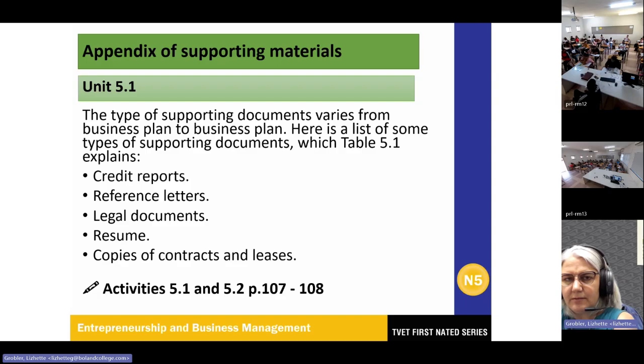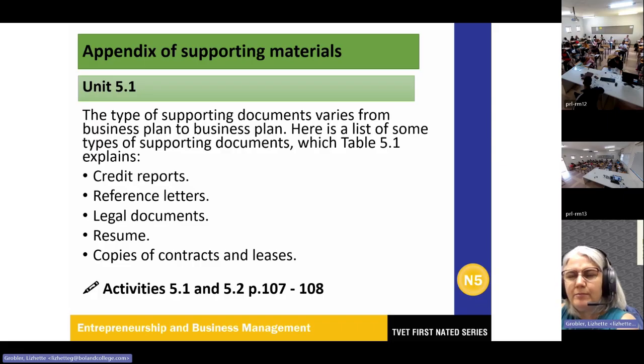Okay, so this is like your curriculum vitae, your CV for every owner of the business. This will then highlight your knowledge, skills, and experience. It will also be referred to as your business profile if you do a resume for your business, which often is on your business website.